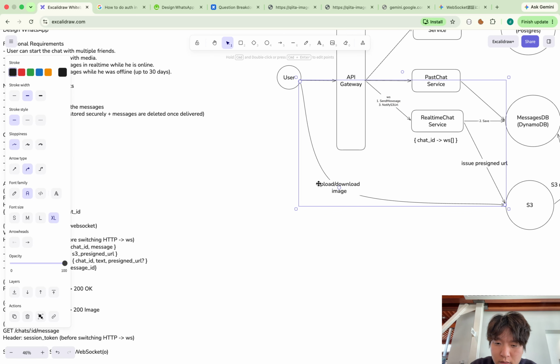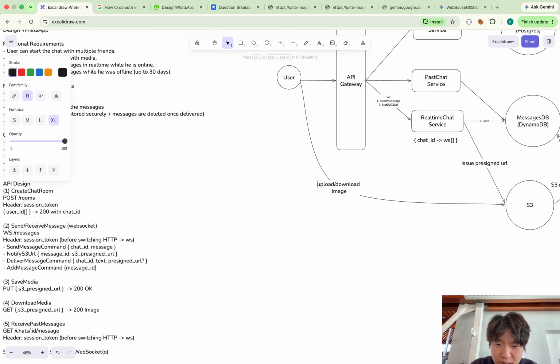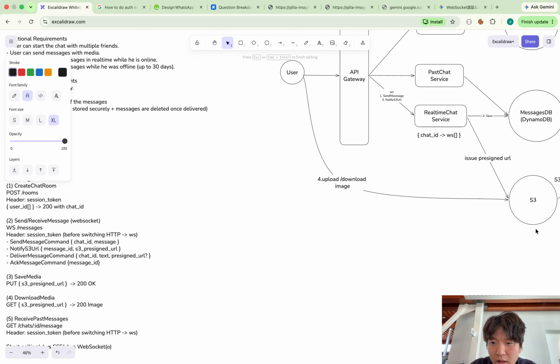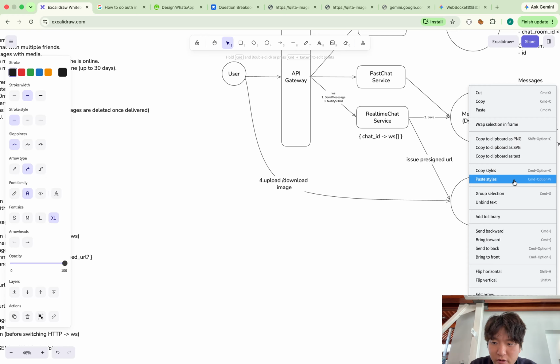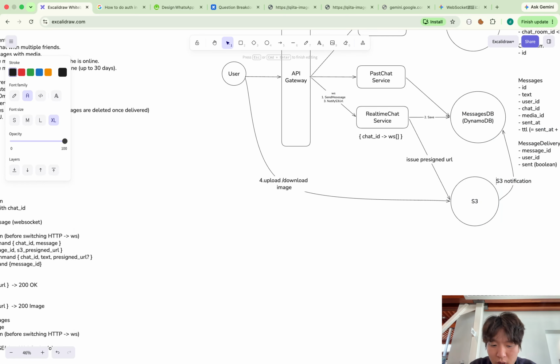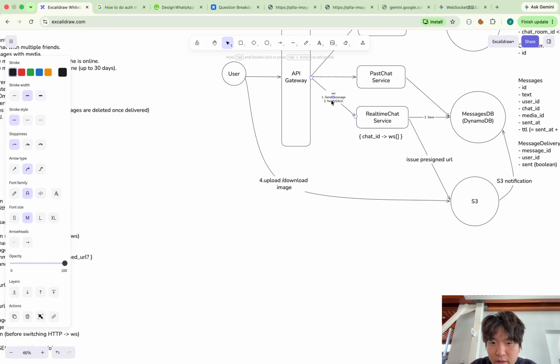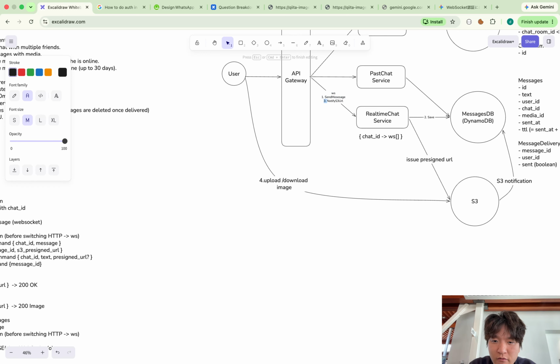Then the client uploads the image. Once this is done, this S3 notification occurs. And then, wait a minute. I will just include it from these numbers for clarity, for simplicity.